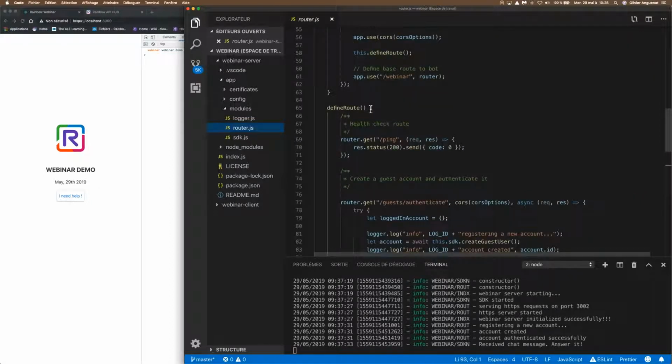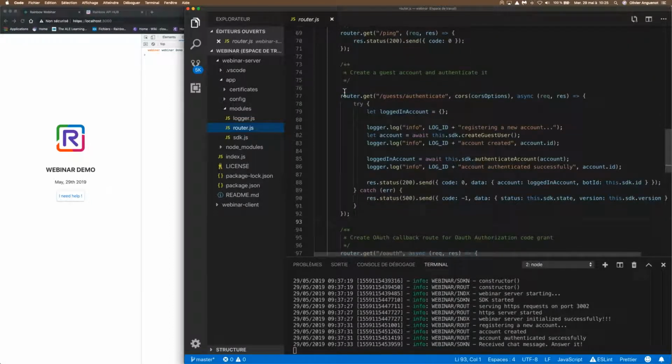This is the code here. When the client application asks for help, this is the API that will be called. It will create the guest account using the SDK, authenticate it, and then answer by sending the token and the bot ID.